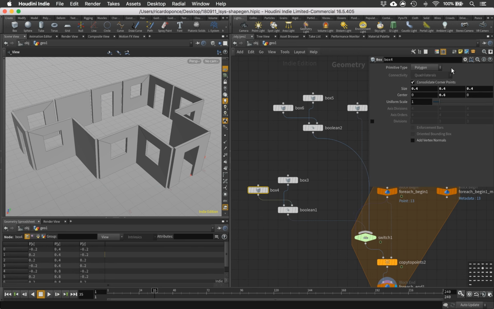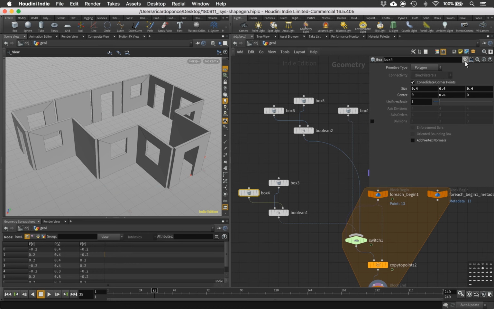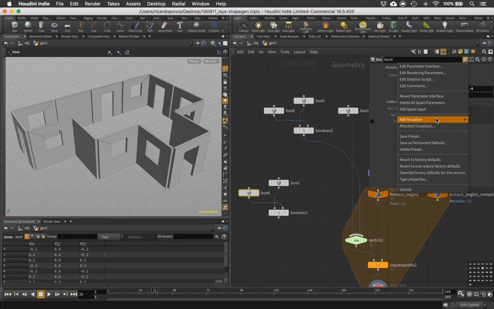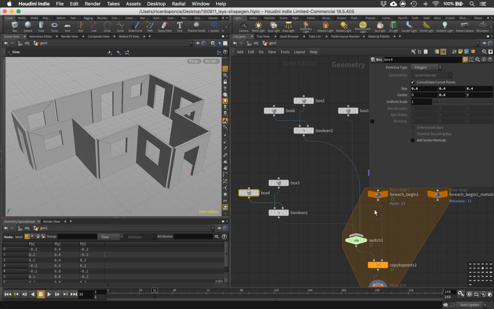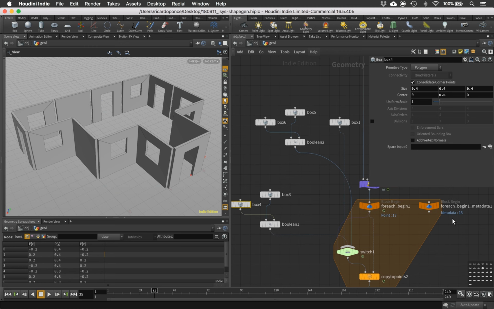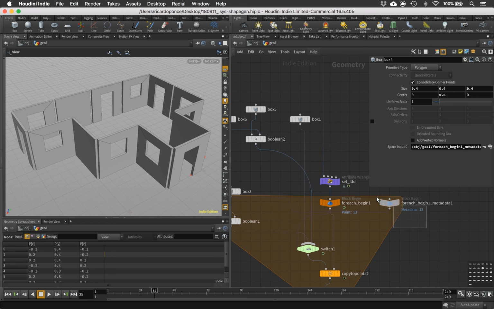So in this box which is basically creating the width and the height of the window, let's just create a spare input. I'm just making this really simple just to prove the concept that I'm trying to convey. And if we drag our metadata node in there,